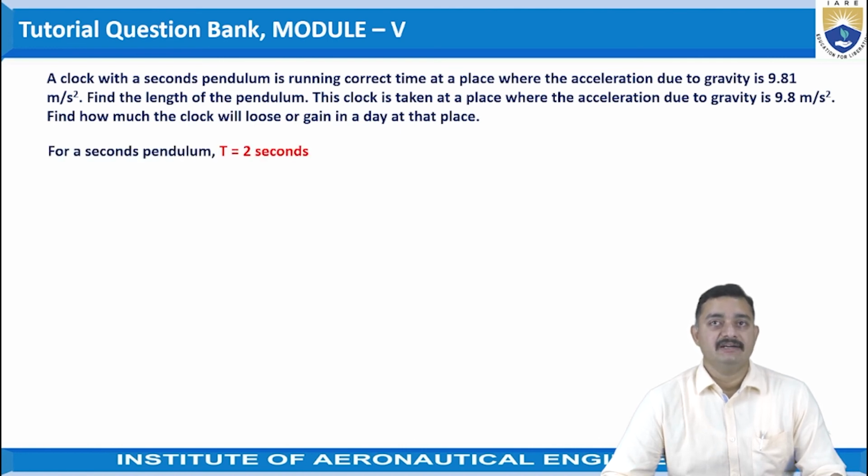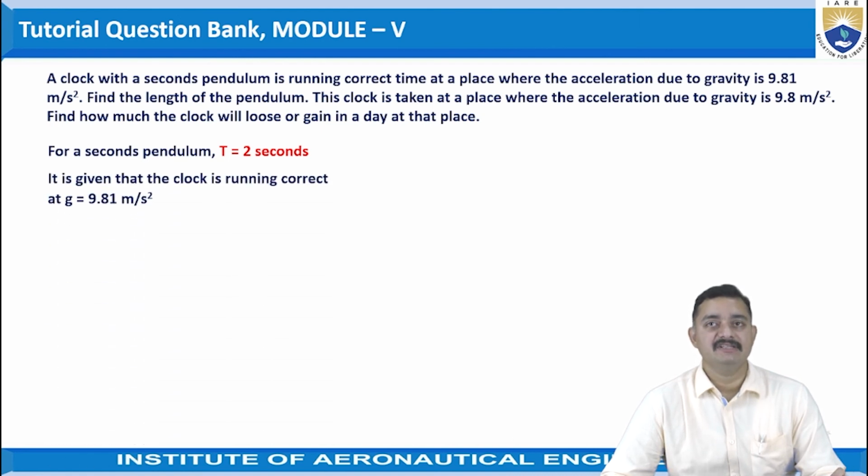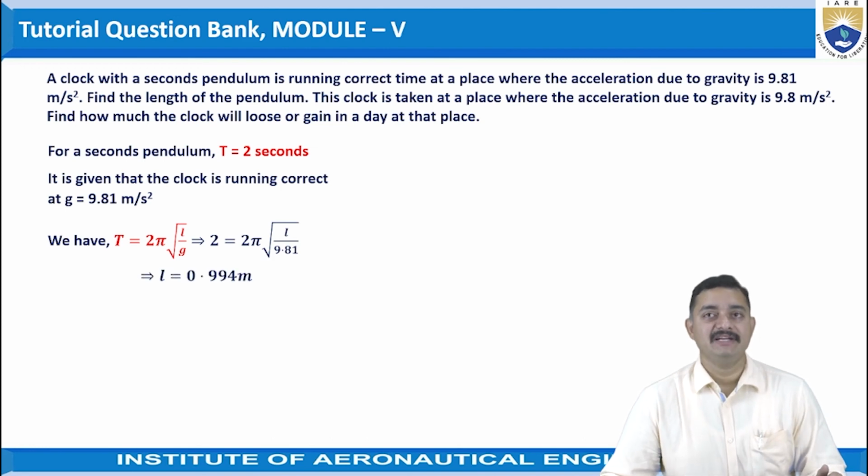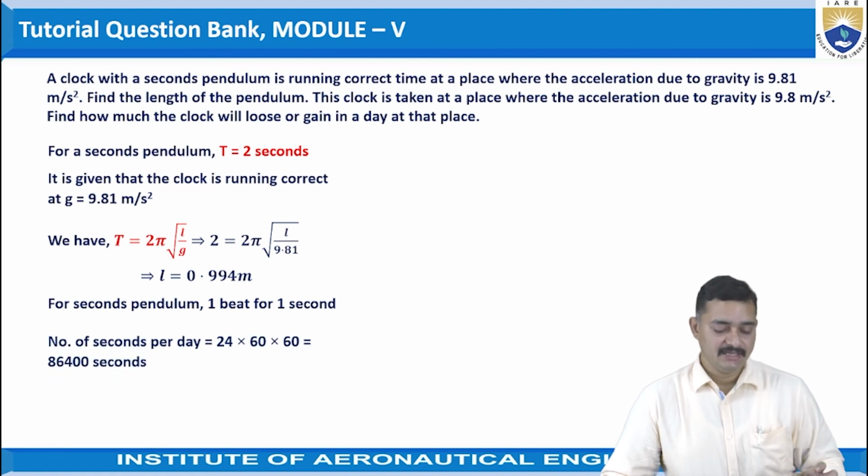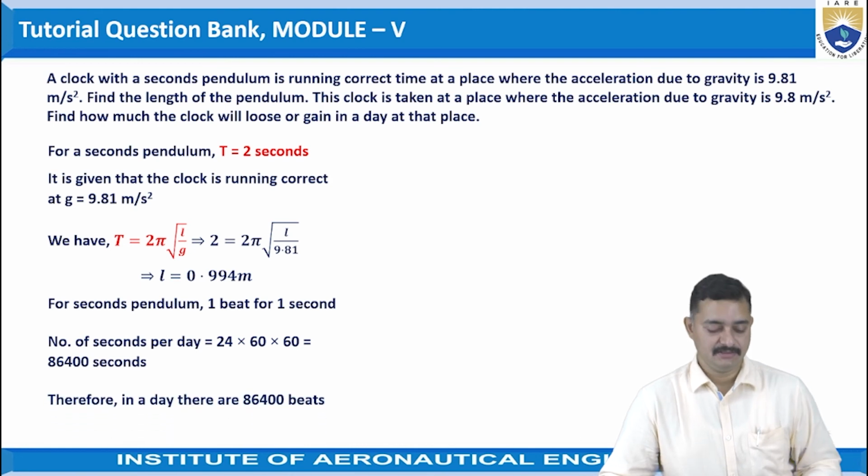As per the given data, for a seconds pendulum, the time period T is 2 seconds, and the clock runs correct at g = 9.81 meters per second square. The time period of the pendulum is T = 2 pi under root L by g. Substituting the values, we get L = 0.994 meters. For a seconds pendulum, one beat is 1 second, so the number of seconds per day is 24 into 60 into 60 = 86,400 seconds,